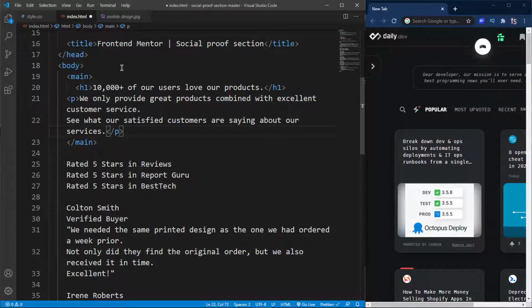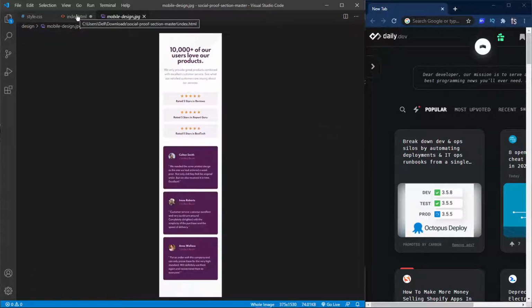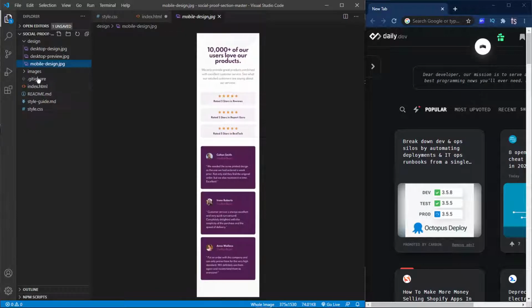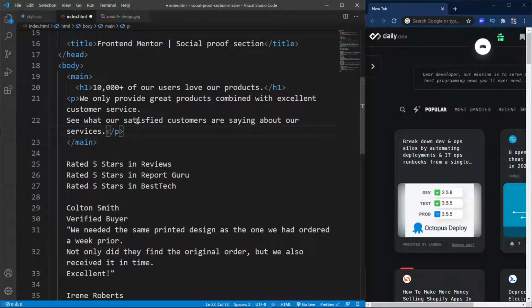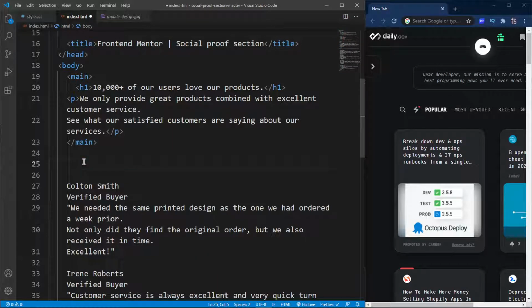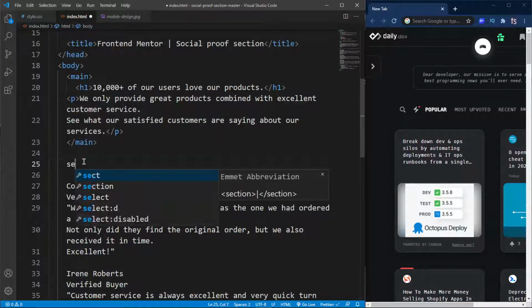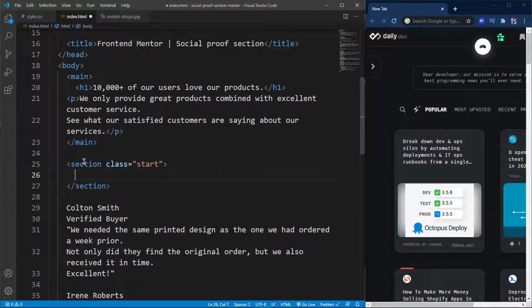Okay, so how do we deal with the rated 5 stars? We need the stars images. Where is it? Icon star.svg. Okay, so I need to place all of this inside a div, or let me say section, and give it a class of stars